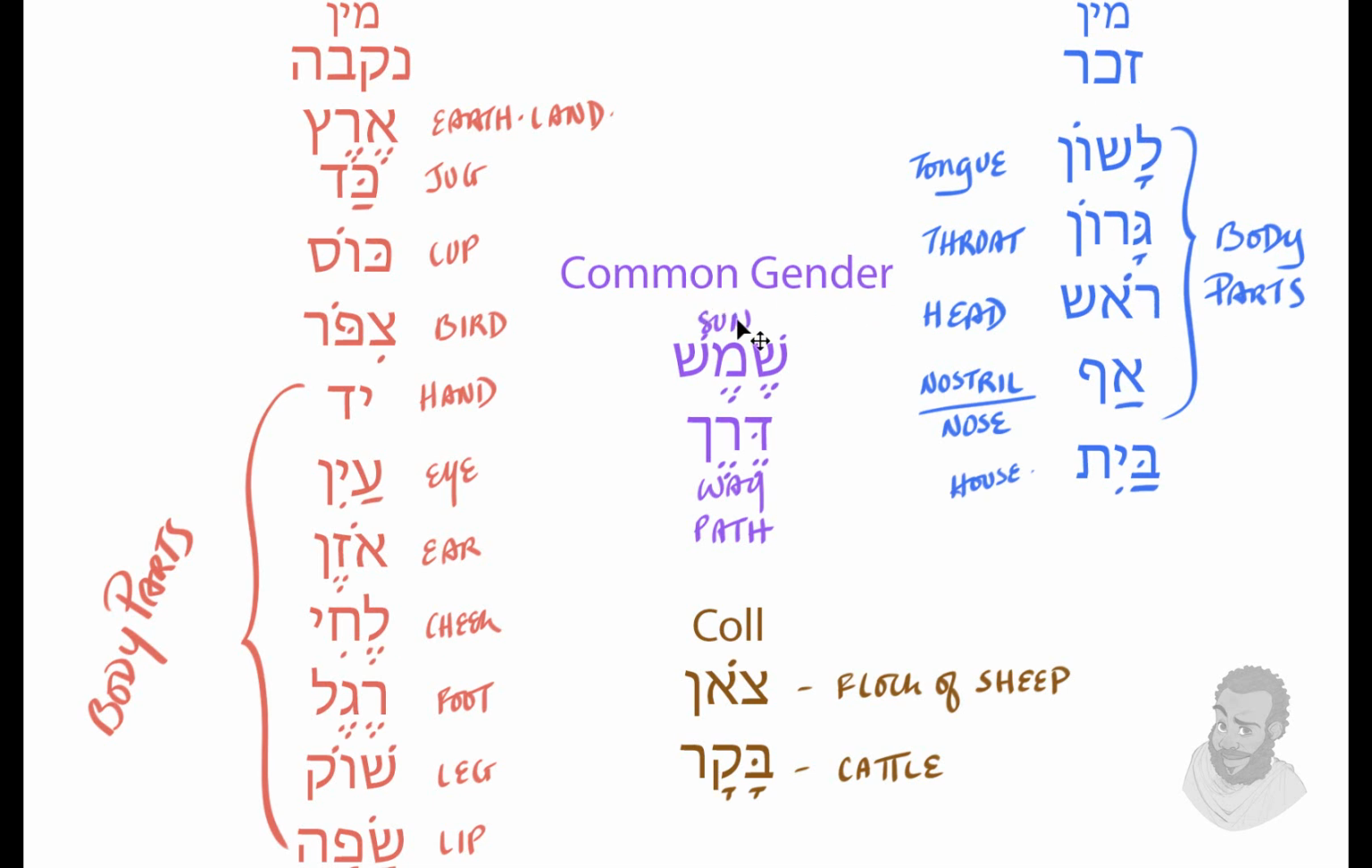Now, common gender, you have sun, shemesh, and then you have derech, which is path, way. Shemesh sometimes is female and sometimes it isn't. Derech, sometimes it's female and sometimes it isn't. In modern Hebrew, both of these are female. Okay? In classical Hebrew, it's both. And let me write this there. So we have here